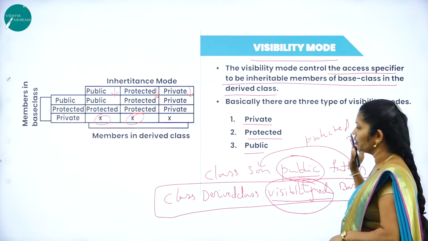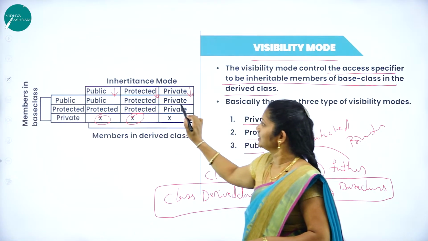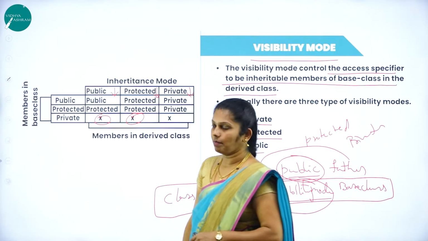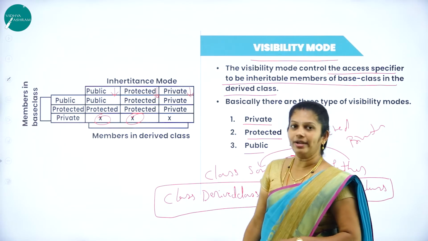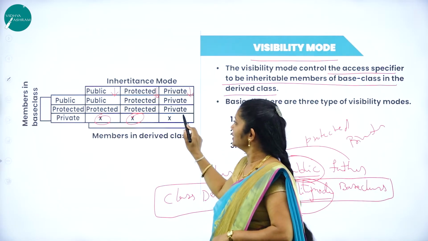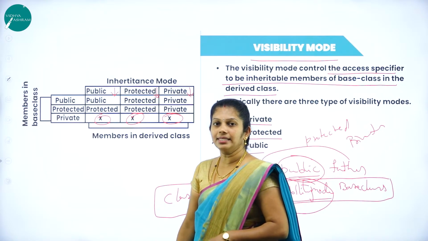especially with this visibility mode, if I am going to write private, then public members of the base class become private members in the derived class. Protected members of the base class become private in the derived class. Then private members in the base class cannot be inherited in the derived class, because in the exam you may